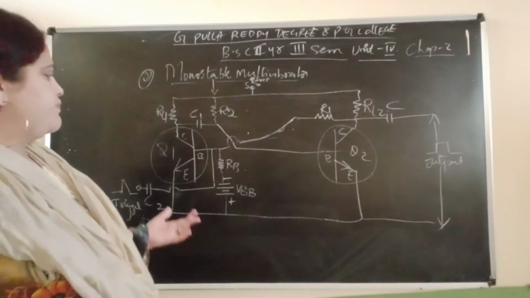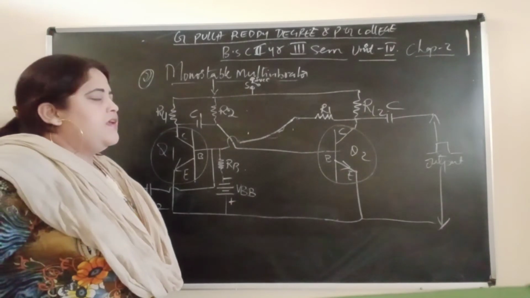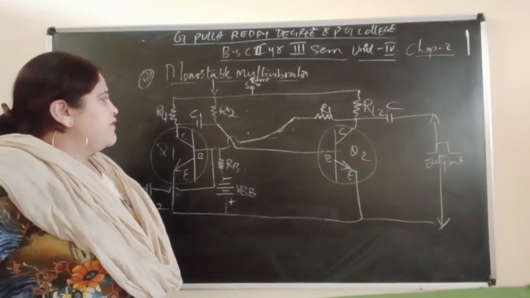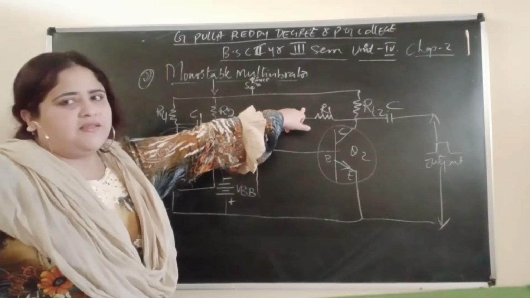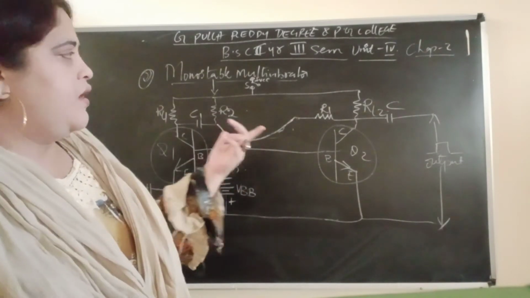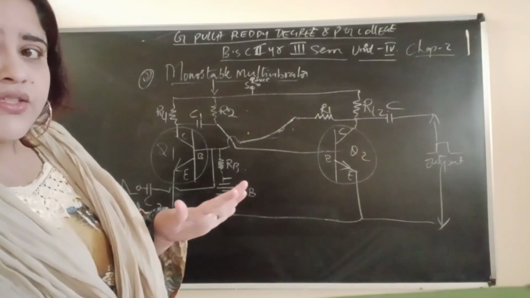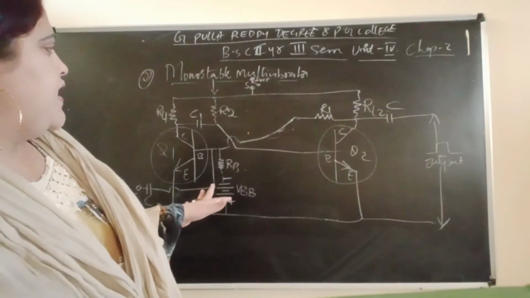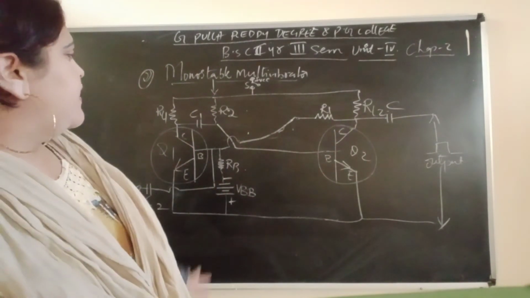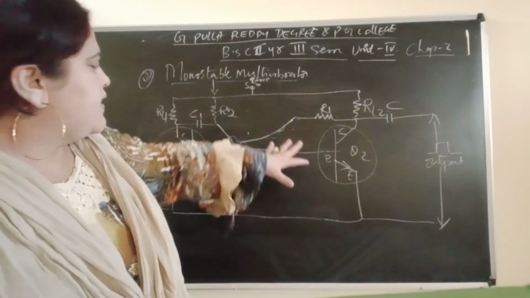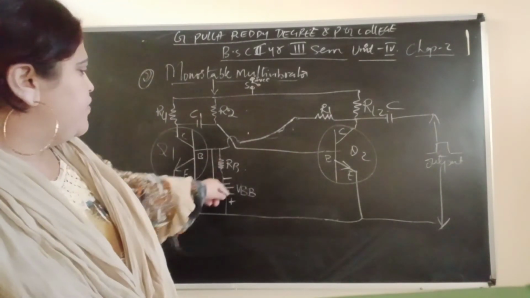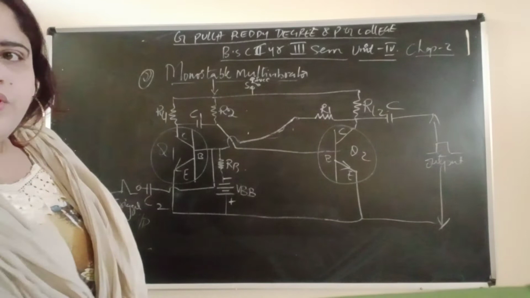Okay, see the diagram. In astable, what we have done, we have given the capacitor here also, and we have connected the output of the first to the second and the second to the first. But here we have made the changes. Same positions we have kept for the transistors. Here this is the same, but this we have included new and this we have included new,